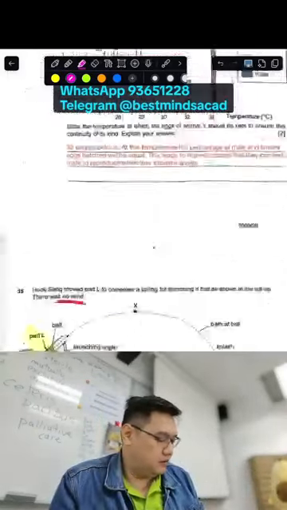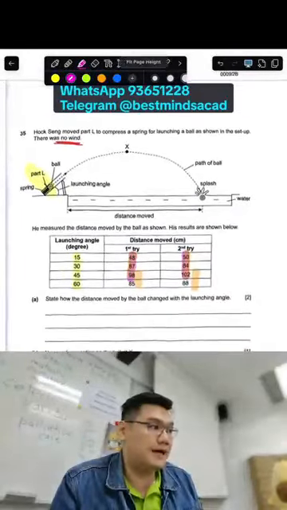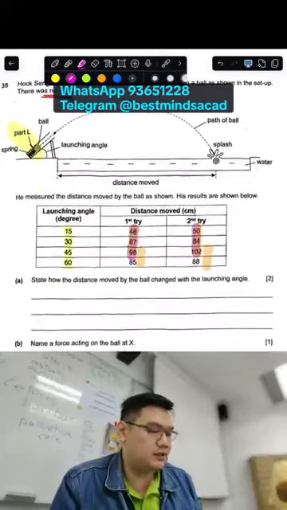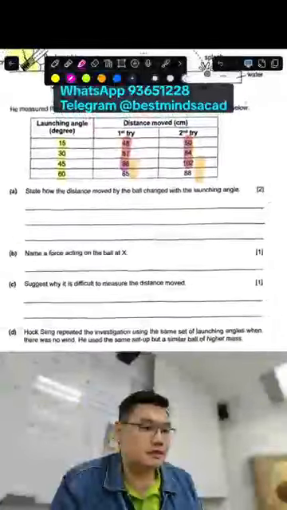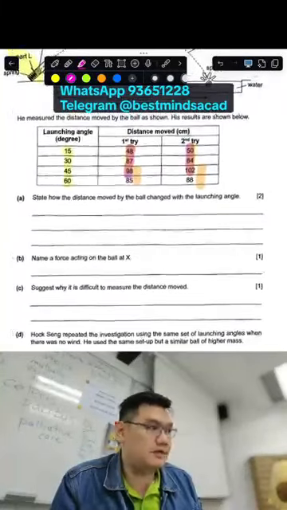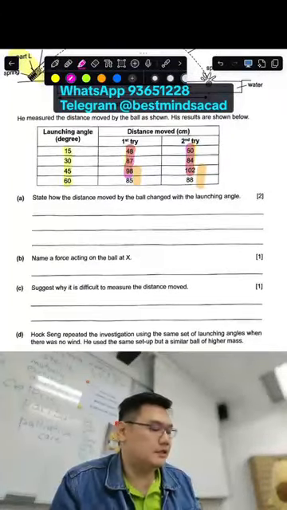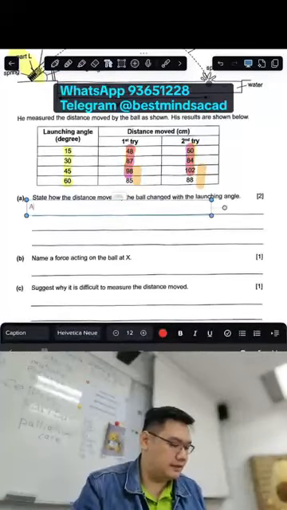Okay, let's move on. Question: state how the distance moved by the ball changed with the launching angle. Alright, now here there are two parts to the question. Launching angle. If we just mention increase, it is half. Decrease is also half. So it will increase up to a point, then after that it will decrease. So you need to segment your answer into two parts. So the first part is, as the launching